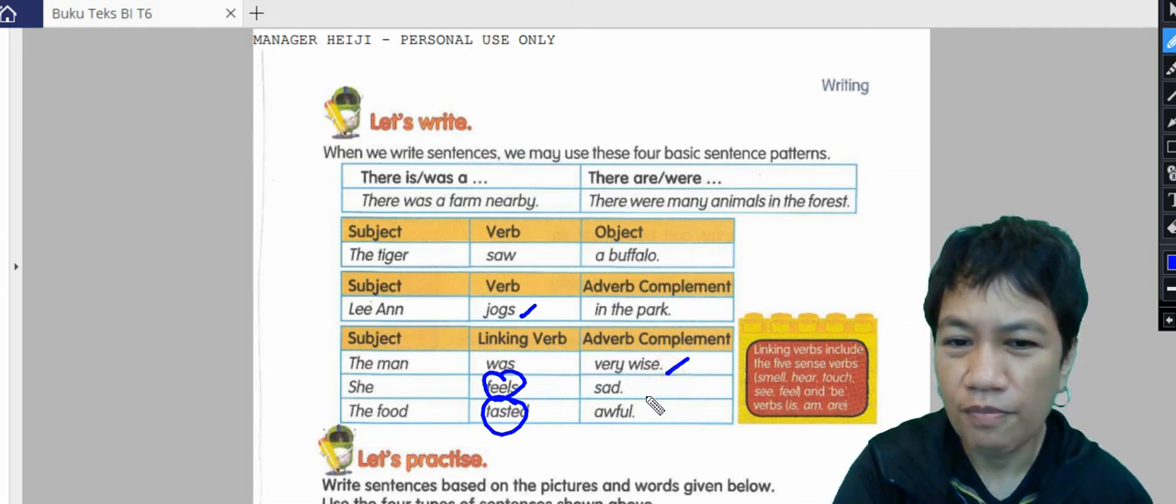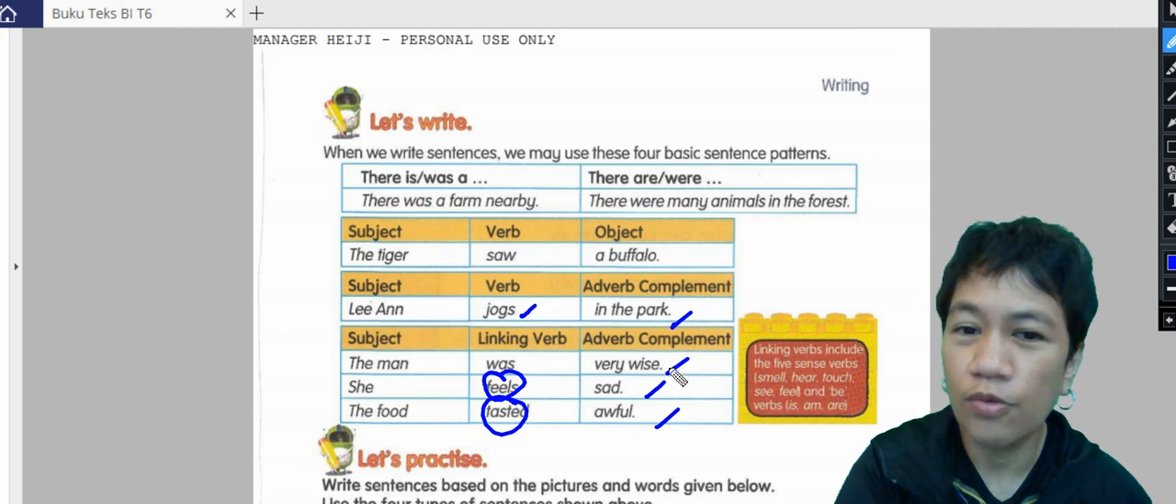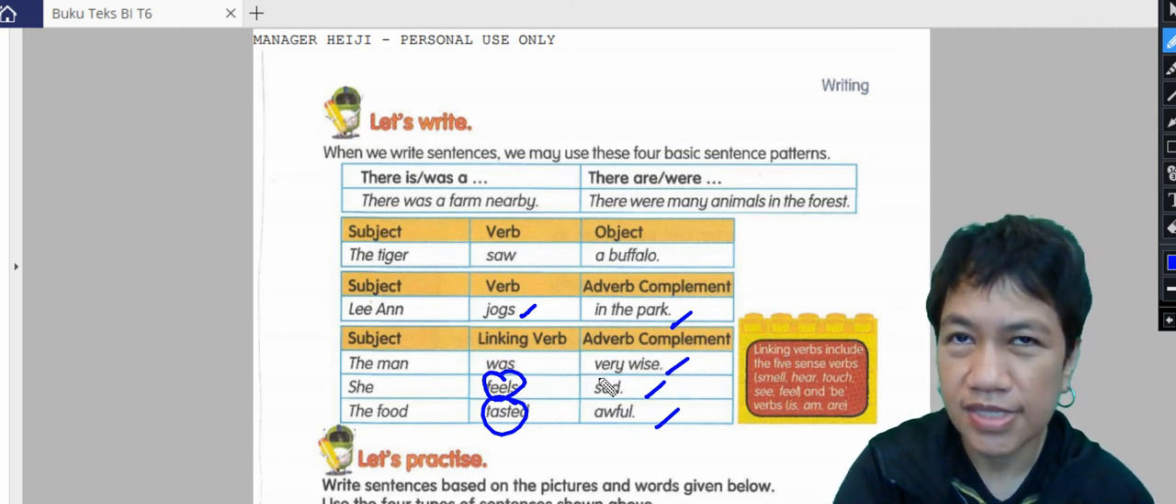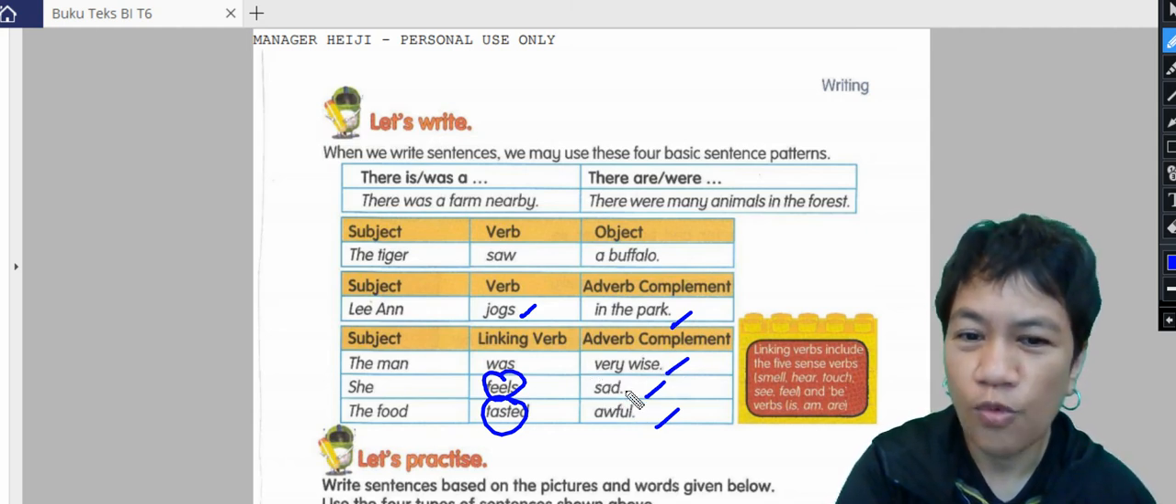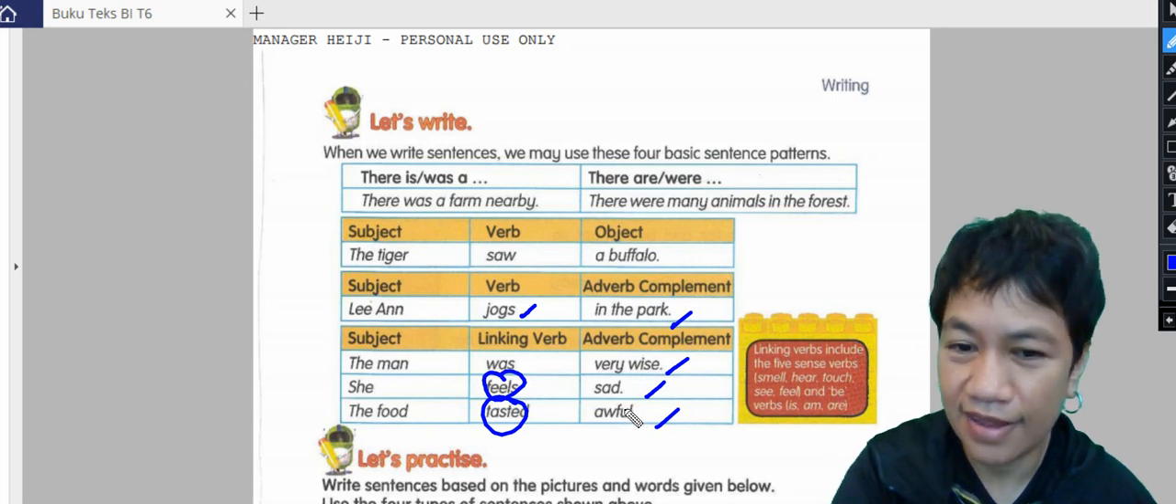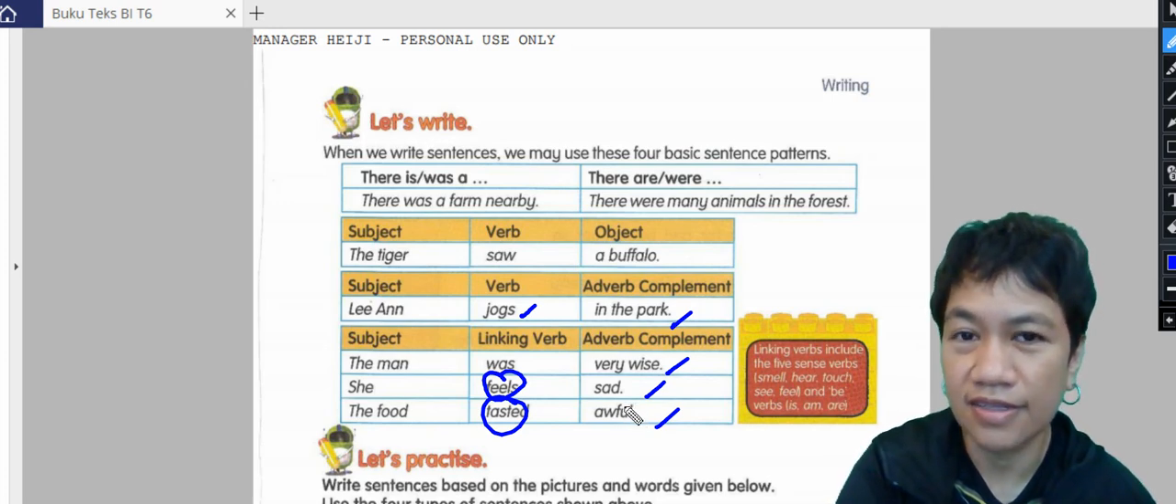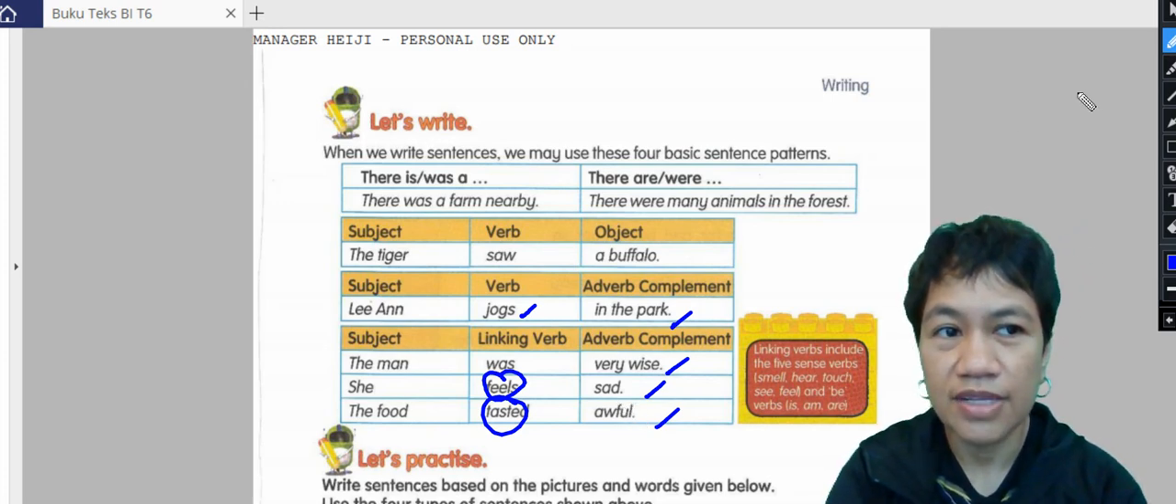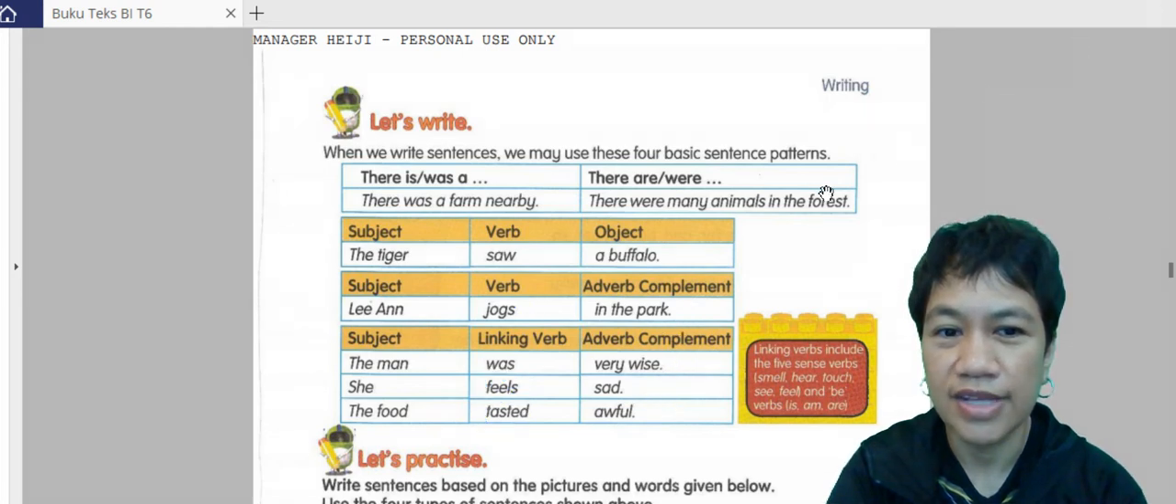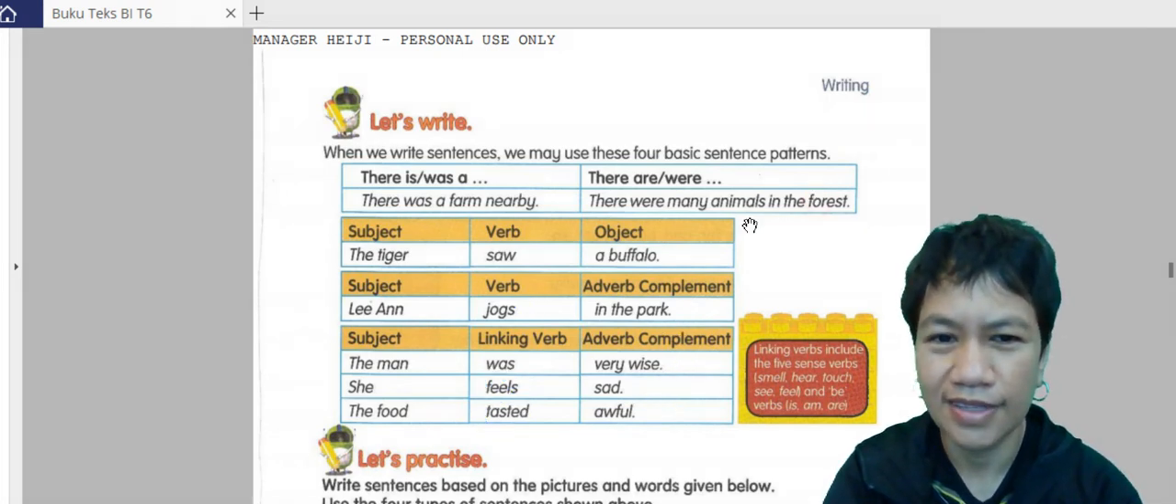So this complement can be anything, from the location or situation, or what kind of person, animal or thing, or what they are feeling right there and then in the sentences. You can read it in your textbook, the example. Okay, now,